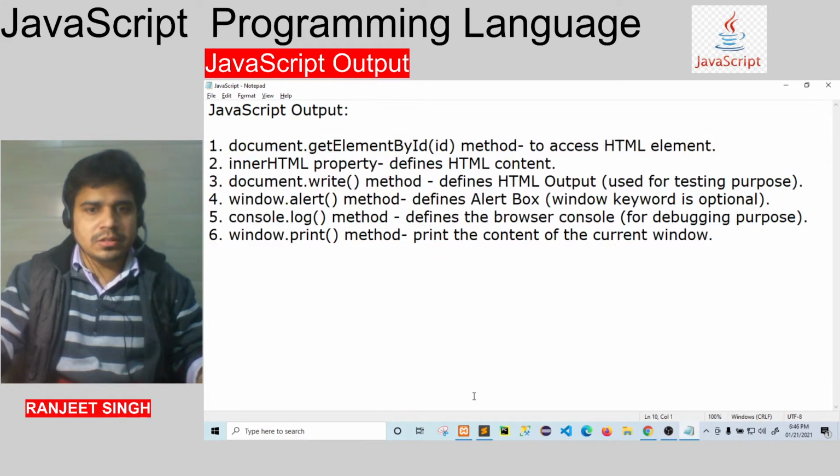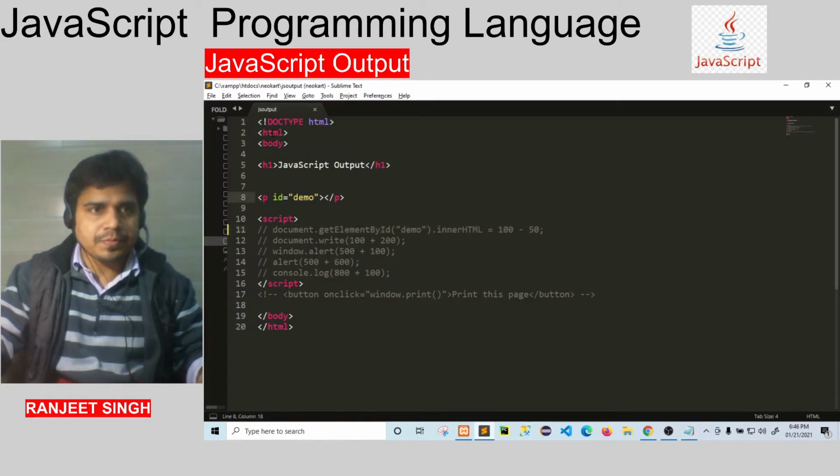Now let us see an example. This is a simple heading, and this is a paragraph element with ID demo, and this is our script tag in the body tag.